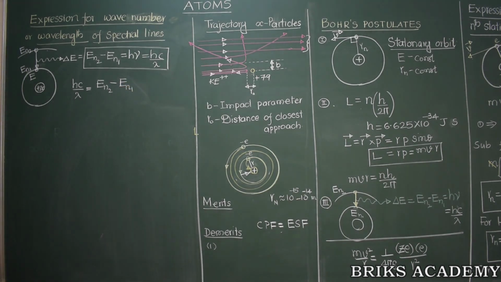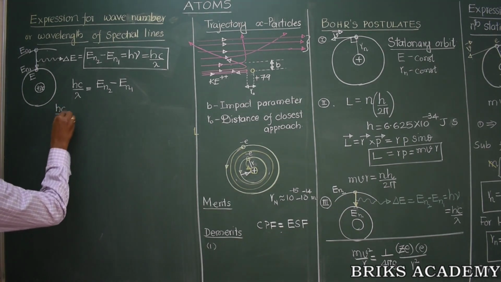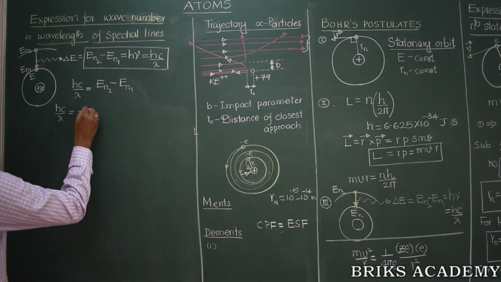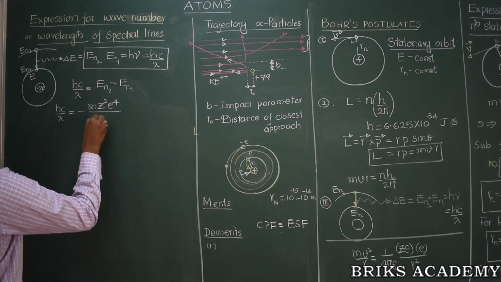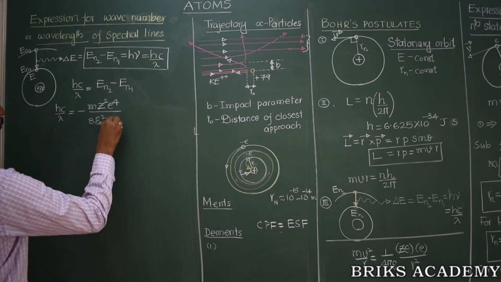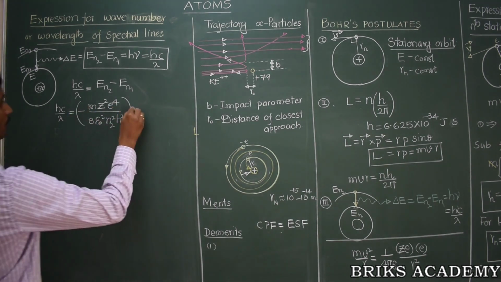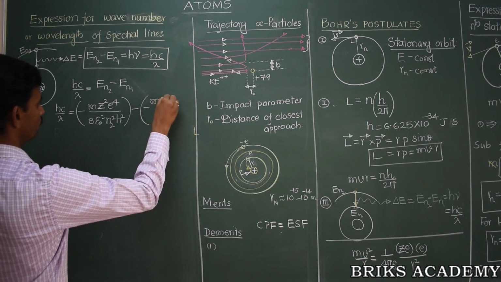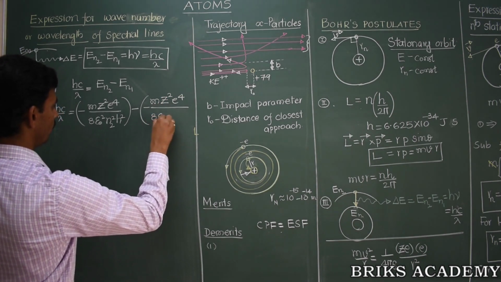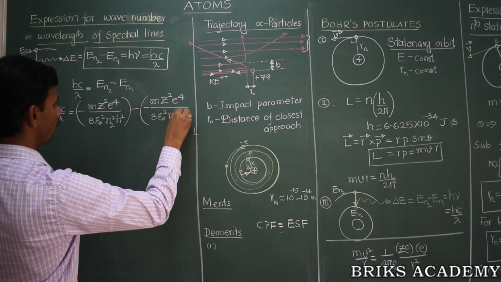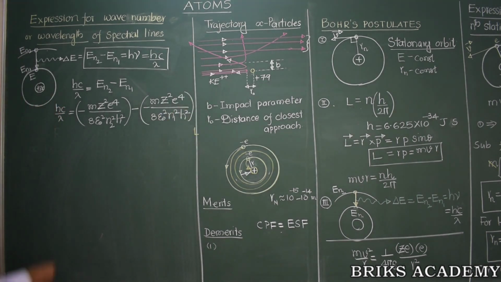We know the expression for the total energy, we just got it. So therefore, hc by lambda is equal to, what is the En2? Minus m z square e power 4 divided by 8 epsilon naught square n2 square h square is the energy of the higher energy orbit, minus m z square e power 4 divided by 8 epsilon naught square n1 square h square is the energy of the lower energy orbit. Now rearranging the terms here,